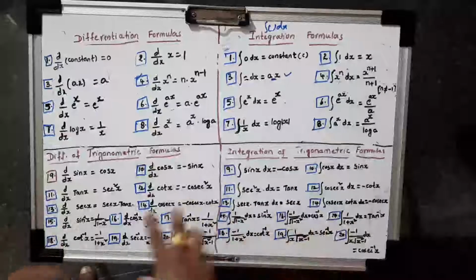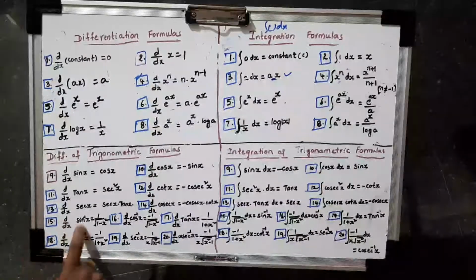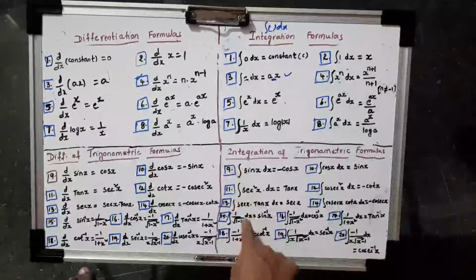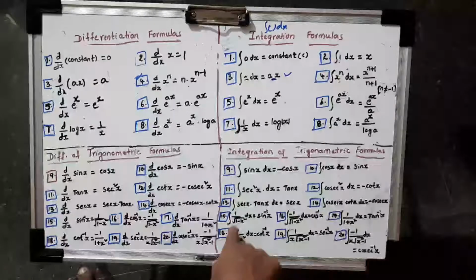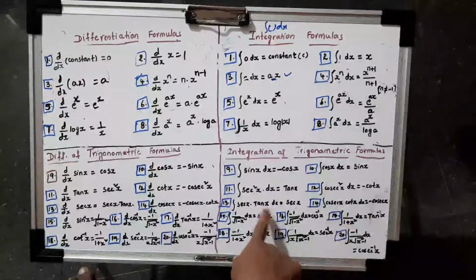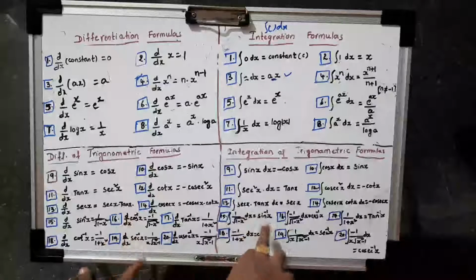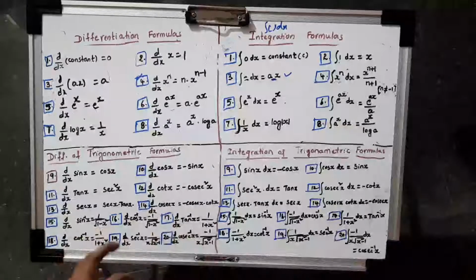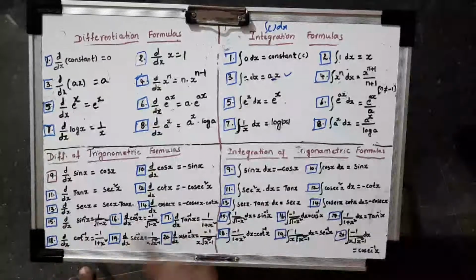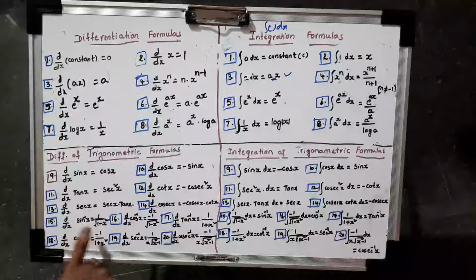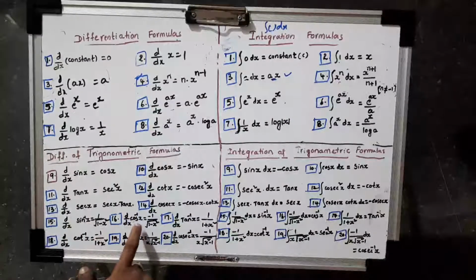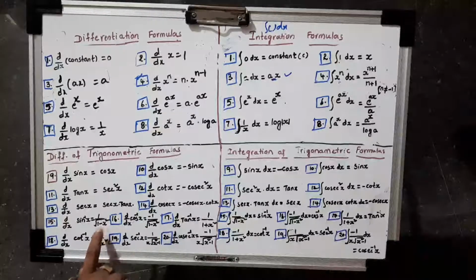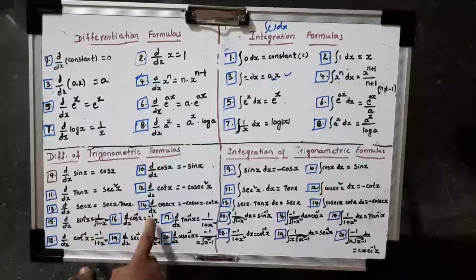Inverse trigonometric functions: when we do the derivative of an inverse trigonometric function, you get the answer in terms of x only. But in integration, if we integrate in terms of x, we get the inverse trigonometric function as the answer. Here also we can observe two or three comparative points. If we observe carefully, sin inverse x derivation is 1 by root 1 minus x square. Cos inverse x, don't remember it once again; you know the sin inverse x formula, so put a negative for this answer and you will get this answer.